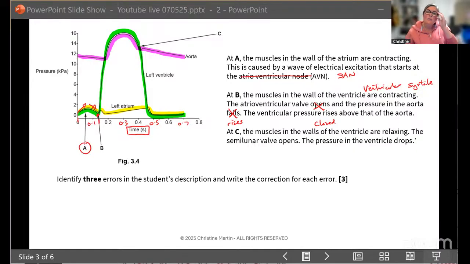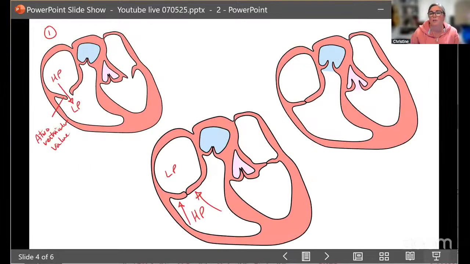They can use the term tricuspid valve or bicuspid valve. However, with the A level, they've made it easier in that you just need to say atrioventricular valve. They've removed the tricuspid and bicuspid and just said, call it the atrioventricular valves. The mitral valve is basically another name for the bicuspid valve. So again, that's just an atrioventricular valve.